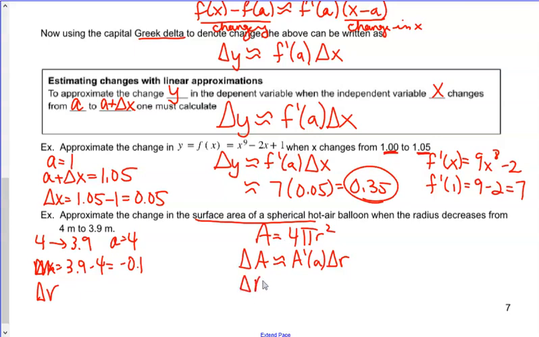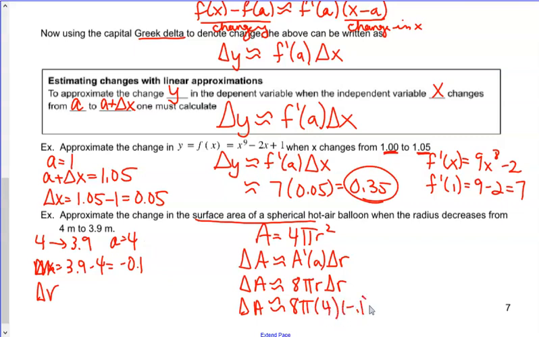The change in A is approximately, I take the derivative, bring the 2 out front, gives me an 8 pi, reduce that power by 1, gives me an r. Remember, pi is just a constant, so it doesn't change, times delta r. And at this point, I can plug it in all at the same spot. So delta A is approximately 8 times pi times the r value that I'm starting with, which is the same as the a value, so we have 4